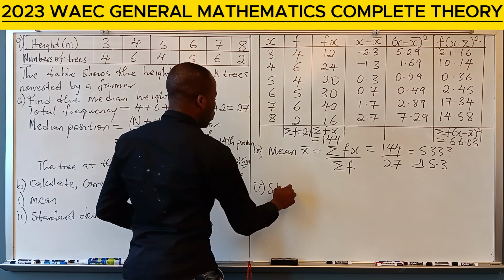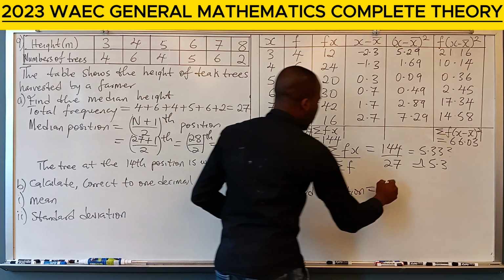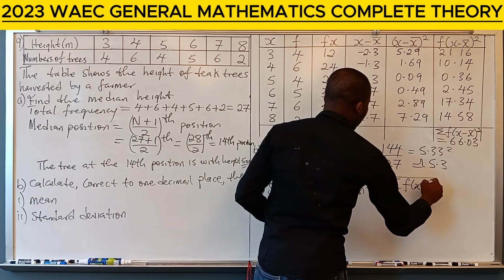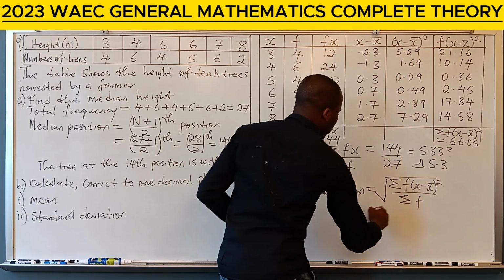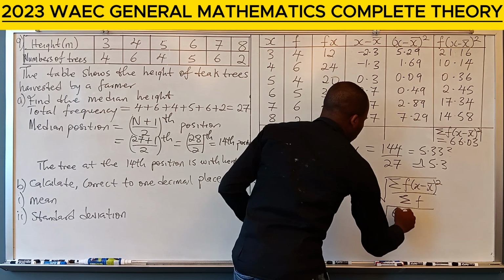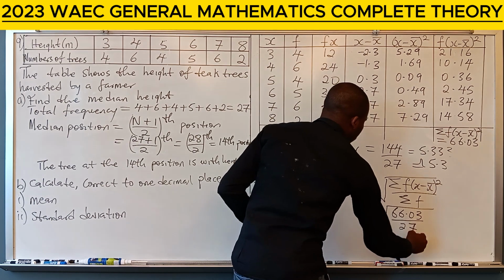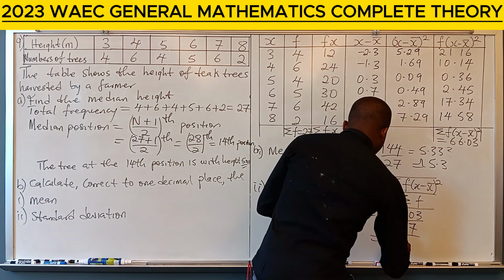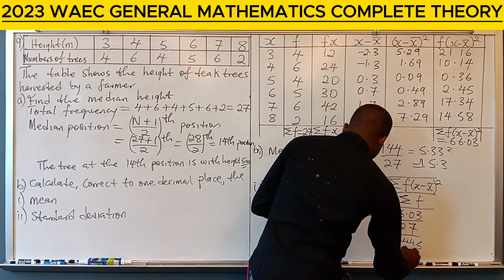And so our standard deviation is given by the formula square root of summation of f times x minus x bar all square over summation of f, which is square root of 66.03 over 27. And this is square root of, if we divide, 2.445. If we take the square root of this, we'll have 1.563,